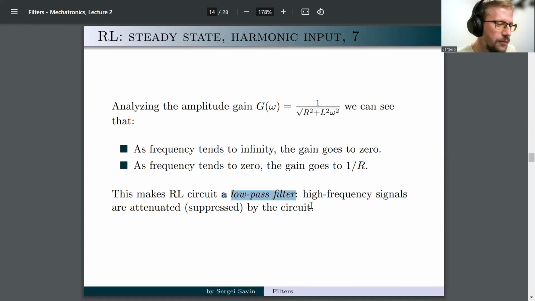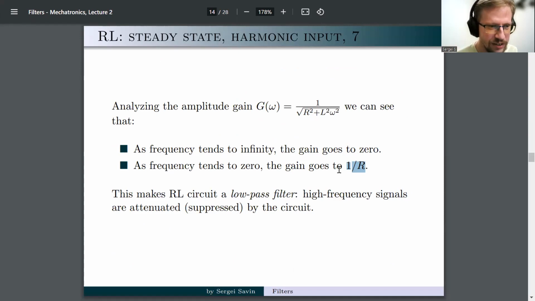Okay, high frequency signals are attenuated, so suppressed by this circuit, whereas low frequencies are not. In the best case scenario, 1 over R or more. But if you